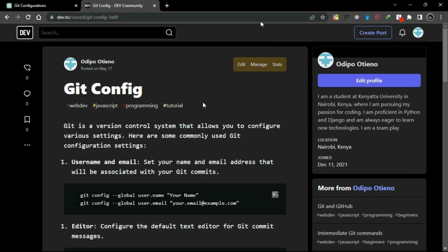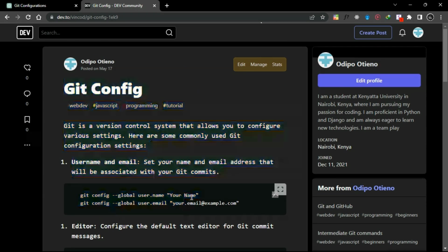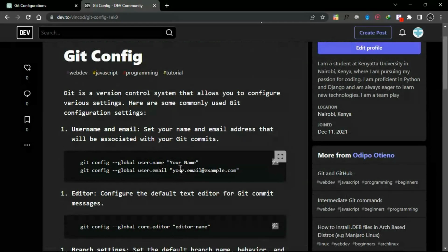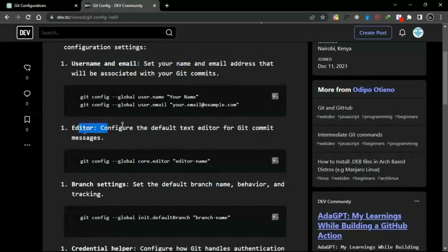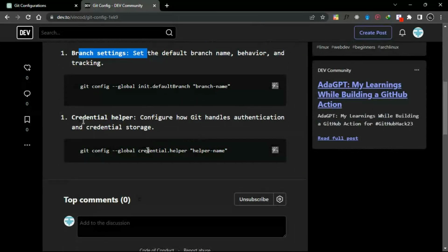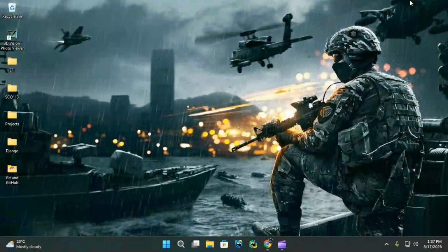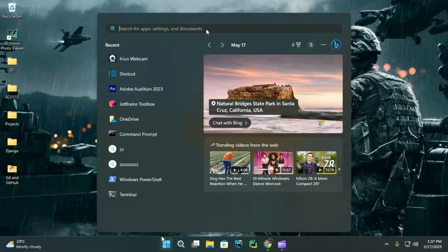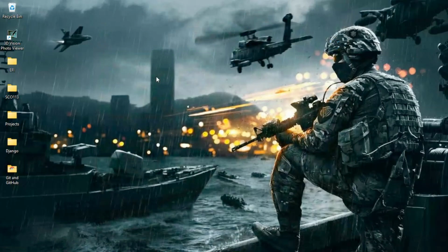So as always guys, I've created an article on how to configure Git. I'll be guiding you through this in the video. The first process is to configure username, editor, branch settings, and credential helper. So let's open our terminal. I'm using Windows, so I'll be using PowerShell. Let me use CMD. So open command prompt,